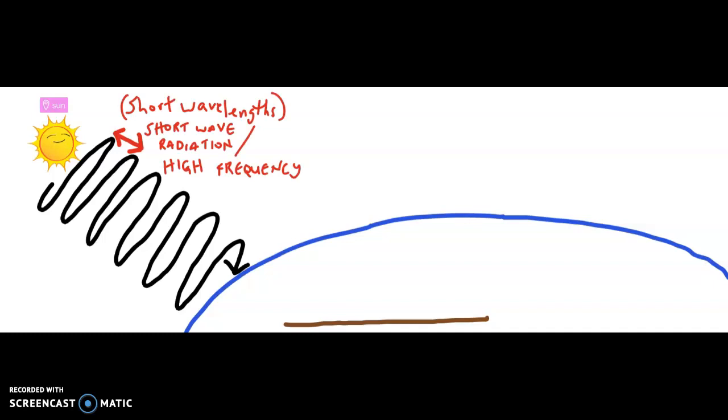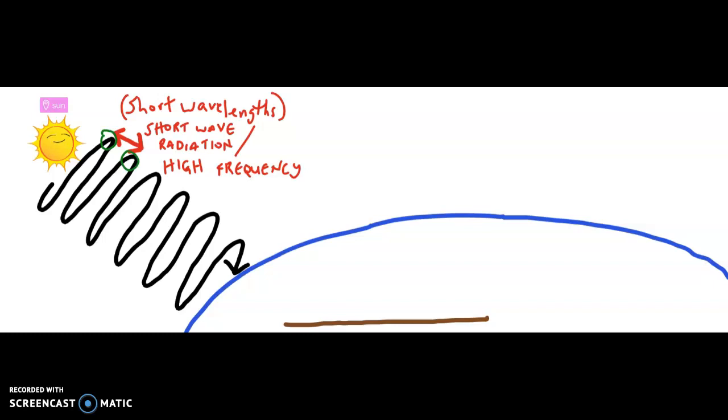Now, just to highlight again, high frequency energy is that energy which is being emanated from the sun. High frequency is associated with short wavelengths. What is the wavelength again? If you look on the screen carefully, you can see this red arrow between two very distinctive crests. These two areas here. This distance is what we call the